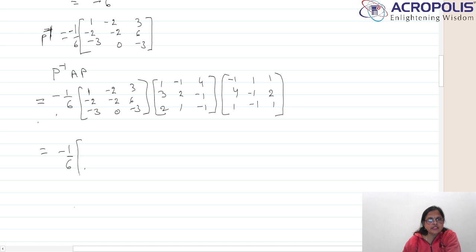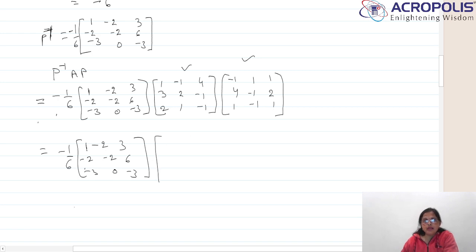Minus 1 by 6, it is 1 minus 2 3, minus 2 minus 2 6, and minus 3 0 minus 3. Now if we multiply this matrix by this matrix, you already know how we multiply this one. First row with first column, first row with second column, first row with third column. If we multiply by this, 1 multiply by 1 is equal to minus 1, minus 1 multiply by 4 is equal to minus 4,